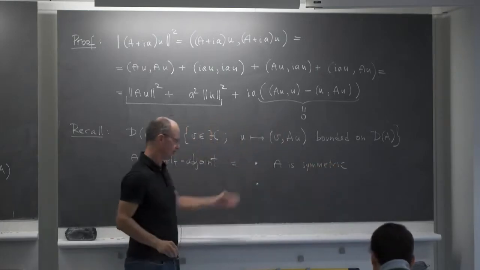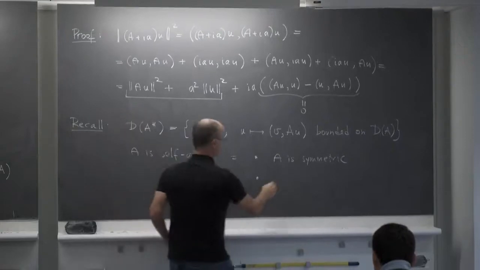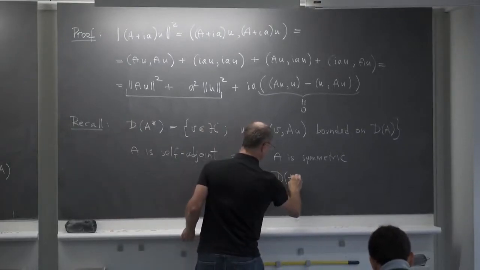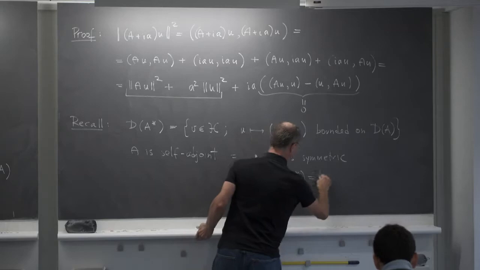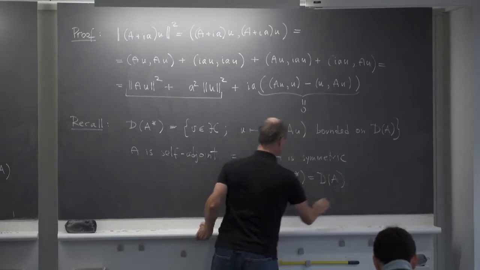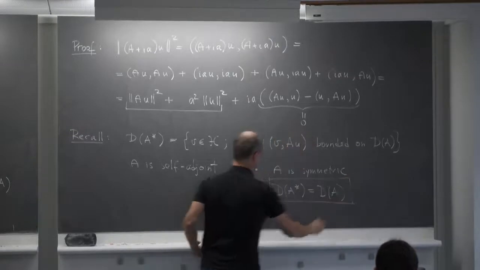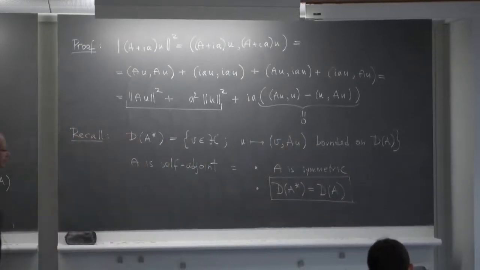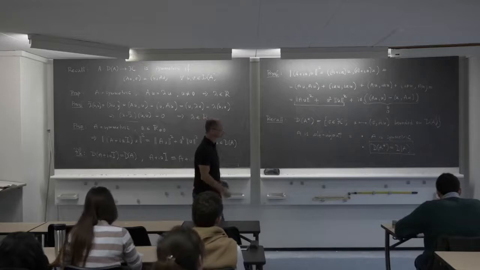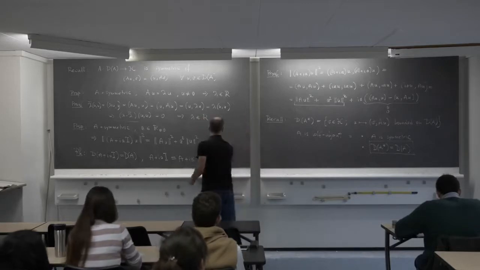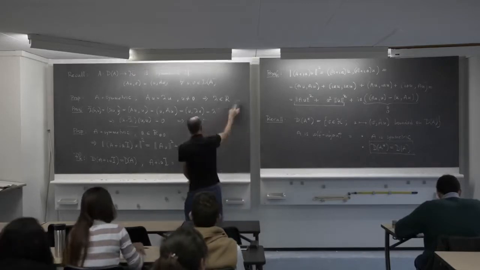A is symmetric, and this is usually a simple notion, but the second and important one is that the domain of A star is equal to the domain of A. So now